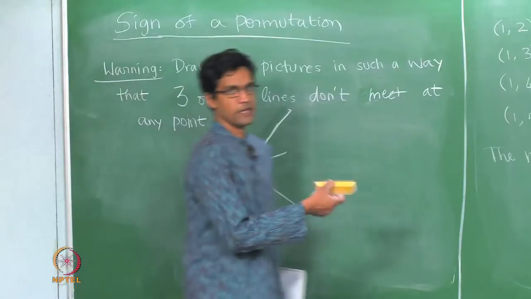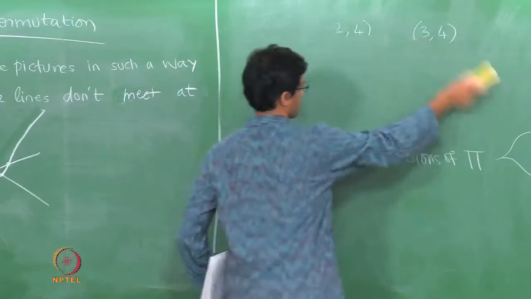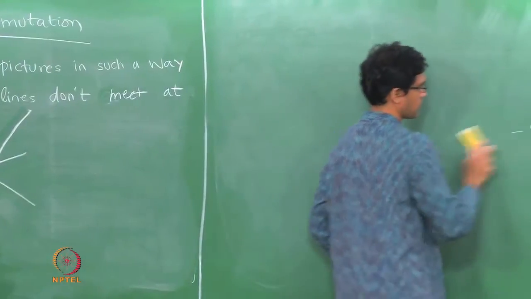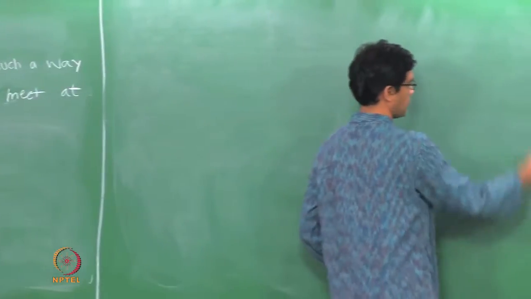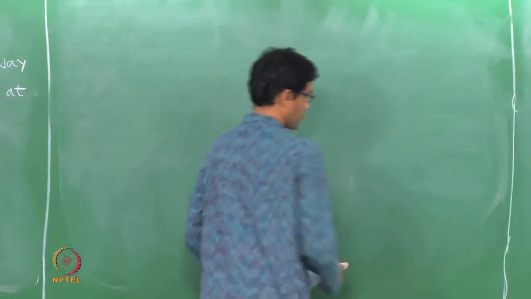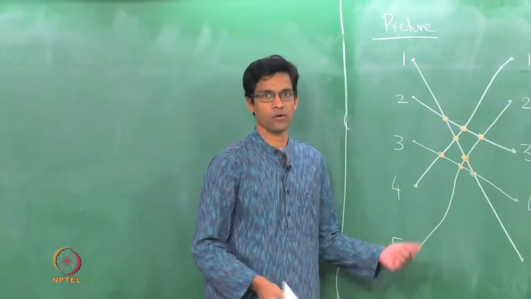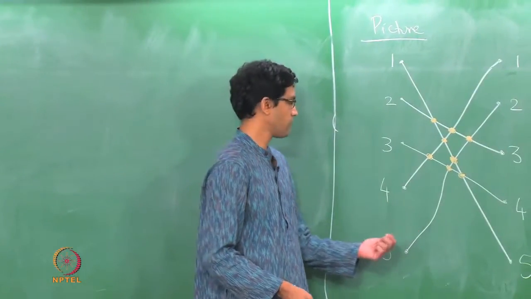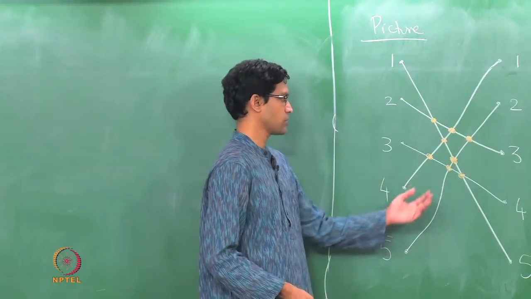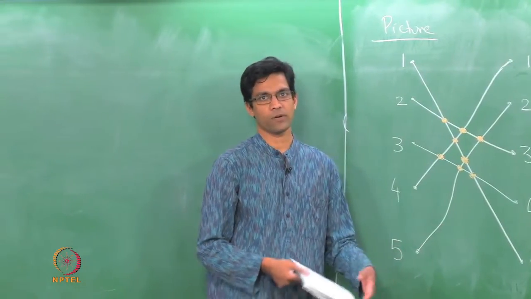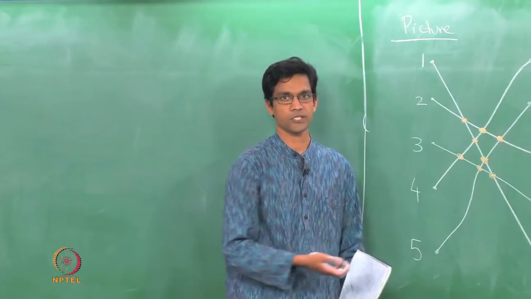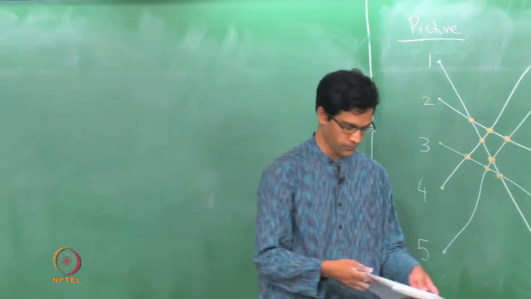But this is a very nice thing to have, this pictorial way of counting inversions or crossings. So now what would an odd permutation mean? Well, how do you check if something is odd? You will draw this diagram of pi and then count the number of crossings. If the number of crossings is odd, then it is an odd permutation. If the number of crossings is even, it is an even permutation.